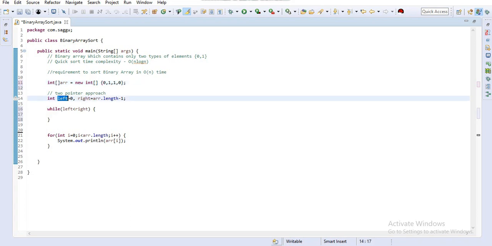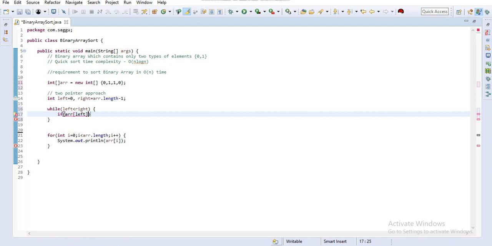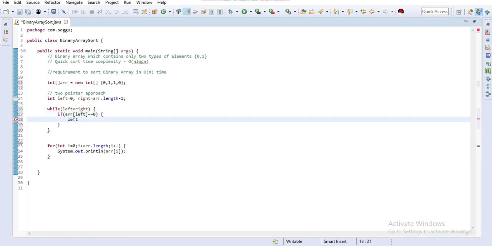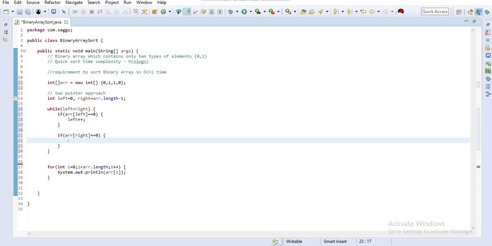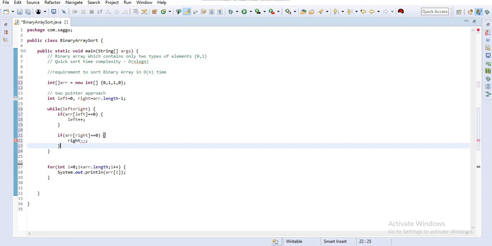So the first condition: if we have a 0 at the left pointer, I will increment it. The same I will do for the right pointer, where I decrement because I have to move left.